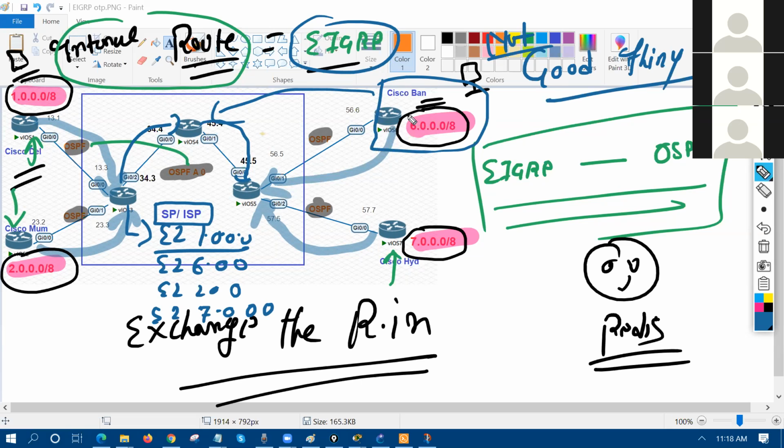According to security, this is not a good thing. You are going to share this information with the service provider. But the problem is that we need to share it, because right now we are doing the